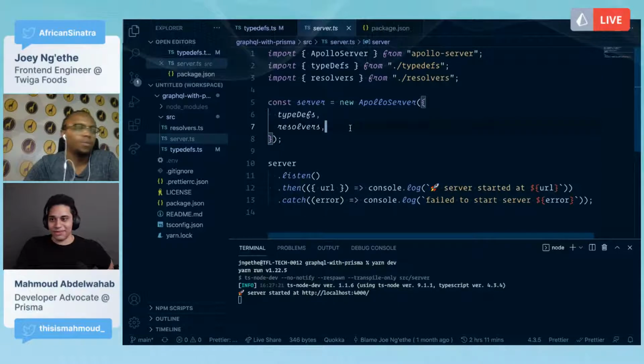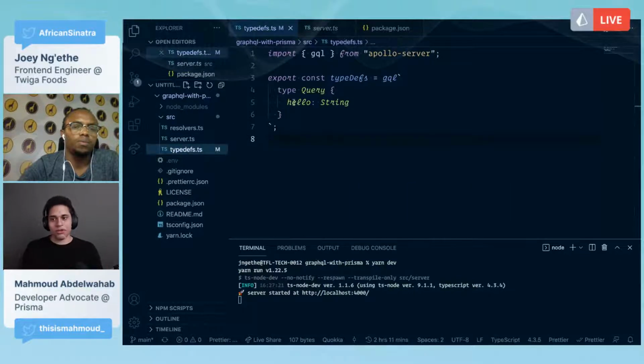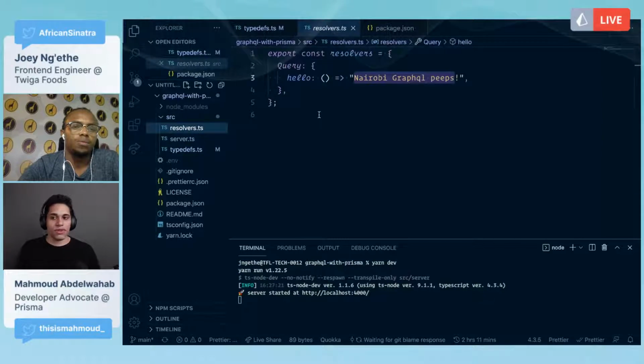Sorry, I've been talking for a little bit. I just wanted to recap everything that we've done. The final thing I wanted to mention is resolvers. Resolvers are the functions that get executed when a query runs. When we looked at the schema, it just said the query hello returns a string, but we don't know what it actually returns. The resolvers are the functions that get executed once we run that query.